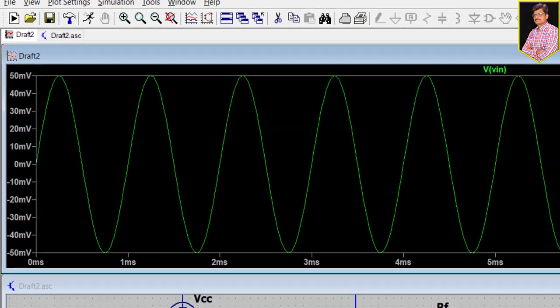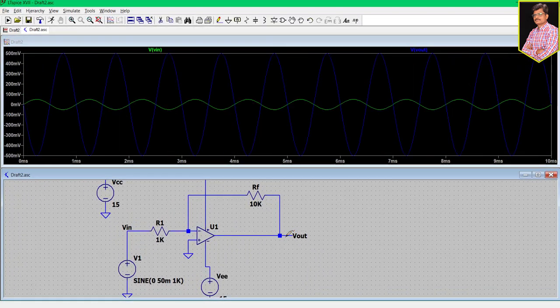And now we will go for V output. This is what we exactly desire. You will get exactly 10 times, that is 10k by 1k, because the gain is this one. When you go to the calculations, the input is 50 millivolt multiplied by 10 times, therefore it is 50 into 10 power minus 3 into 10. So this is nothing but 500 into 10 power minus 3. Once you strike off these two zeros, you will get 10 power minus 1. So therefore you will get 0.5 volt as output, but it is a sinusoidal wave.